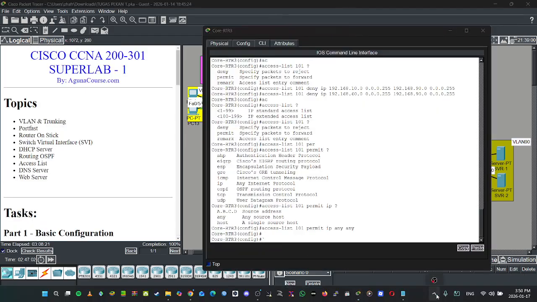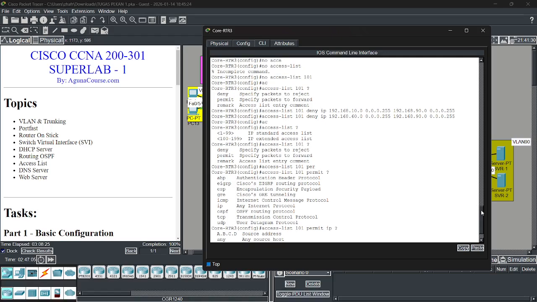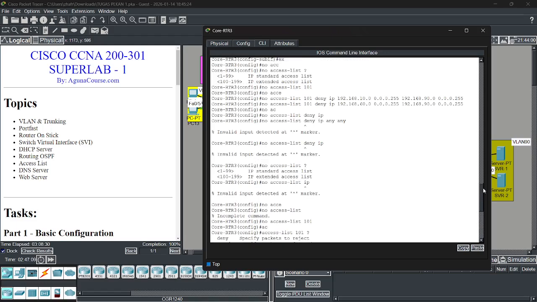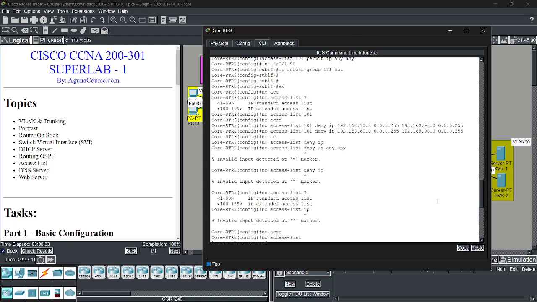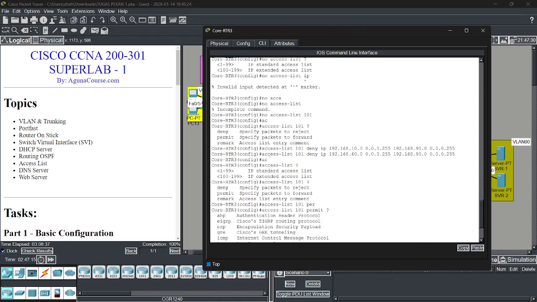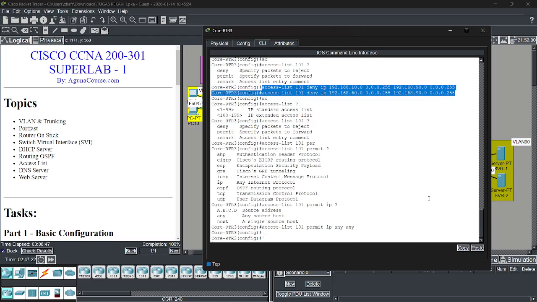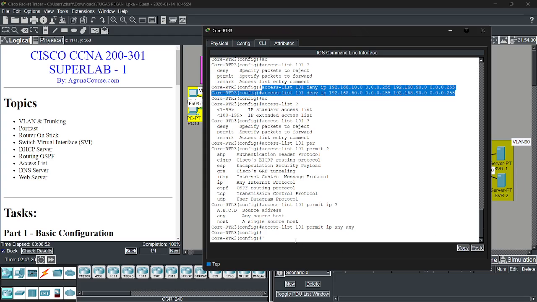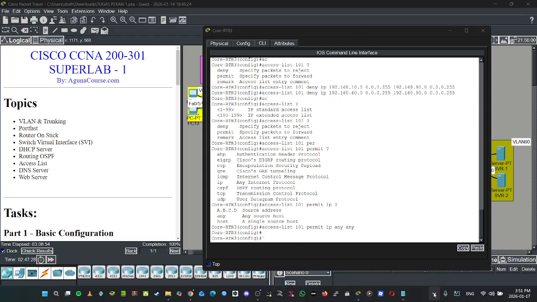Okay, alhamdulillah, we finished the configuration. Before, I cleared the access list, and then I wrote it again, I created the access list again, and then completion is 100. The trouble was in the access list before. Maybe that's all from me.